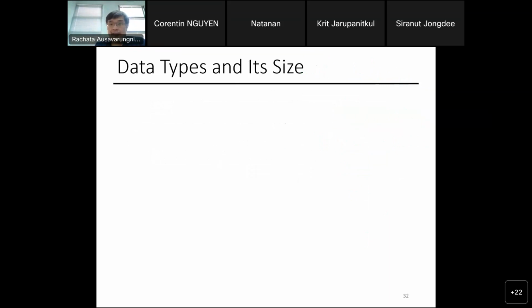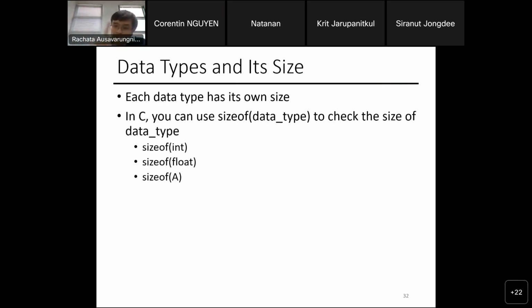And then data types: each data type has its own size, right? For example, in modern day C, an integer is 4 bytes. You can have a short integer, which is 2 bytes, or a long integer, which is 8 bytes. You can have a character, which is 1 byte. But the size sometimes depends on the generation of the compiler and the generation of your chip. So to make sure that you get the right size, use sizeof and put in the data type.